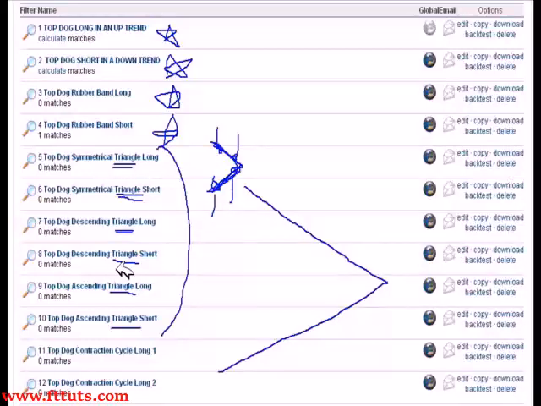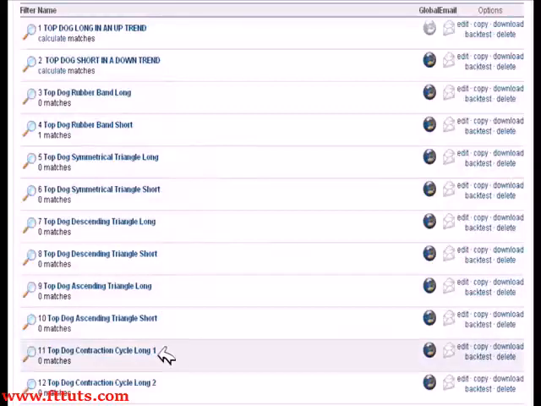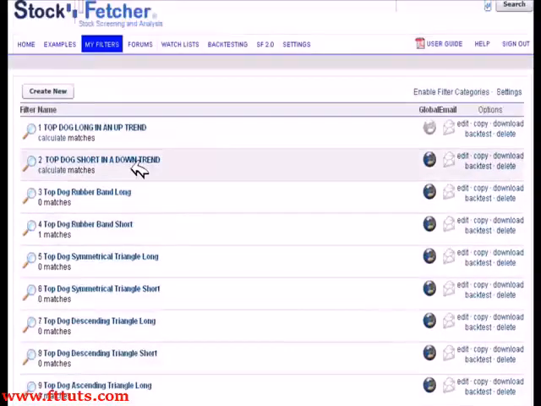These triangle formulas are actually functions created by stock fetcher or some of its users or whatever. So it creates bigger patterns like that. But again, I throw it in there just for fun. As I said, the contraction ones are basically Bollinger Band squeeze. This is where we're looking for our expansion-contraction cycles. The rubber band trade ones, those work pretty well. Let's actually pull up